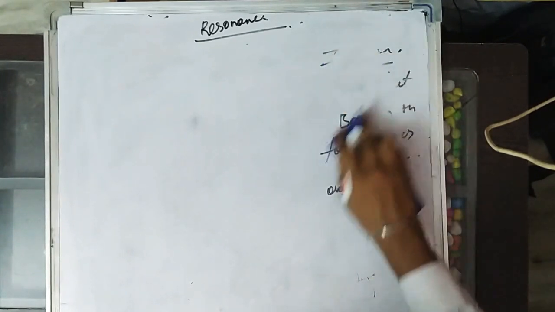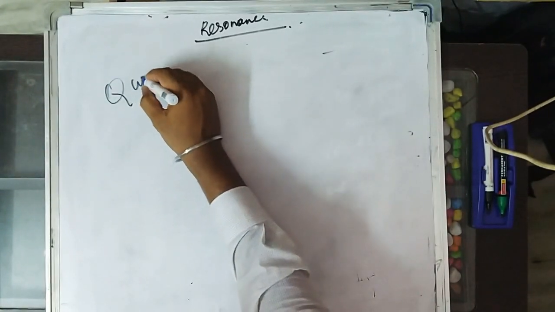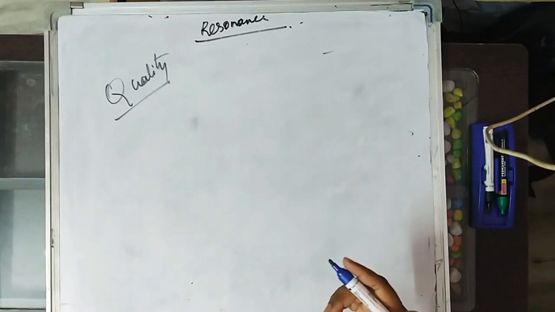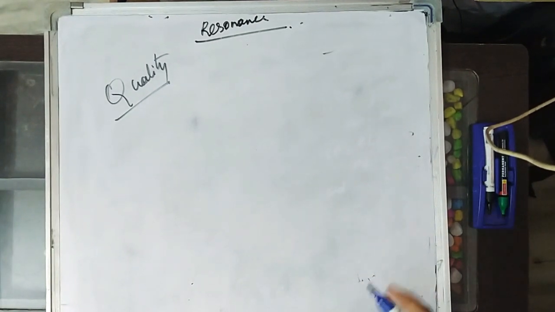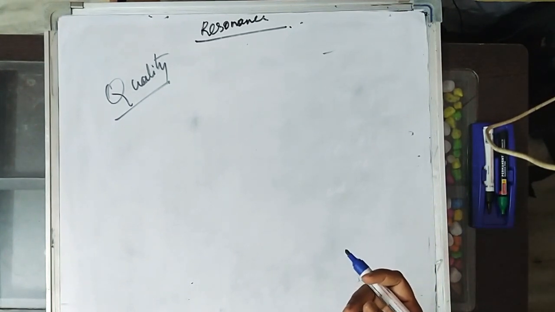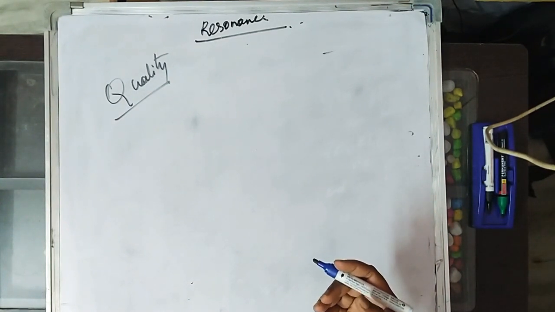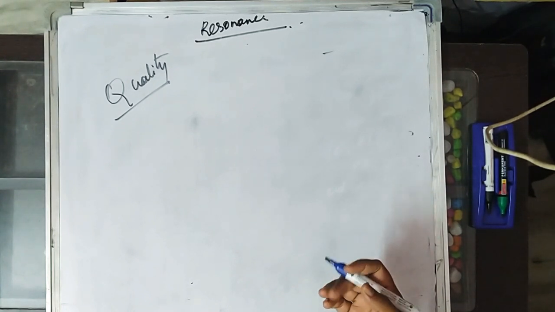So now we'll deal with the quality factor. The name indicates quality. Quality means to judge any circuit or component which will be used for certain specifications or a certain demand, and it will depend on the quality. The manufacturer will give this quality. For some uses we may not require maximum quality, so we will use minimum quality products. Similarly, the RLC series circuit and RLC parallel circuit, and different circuits have